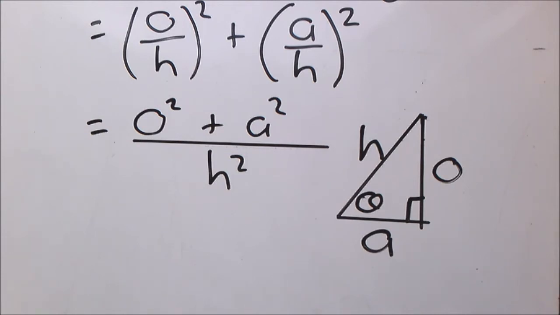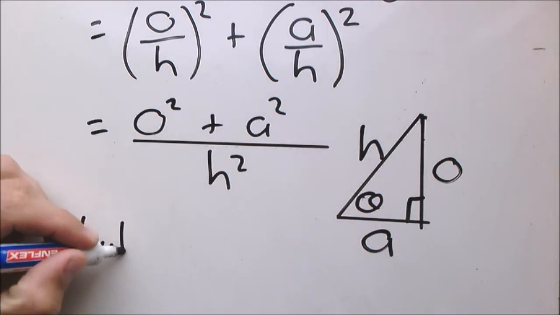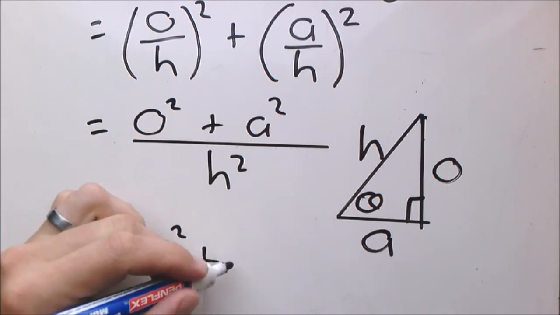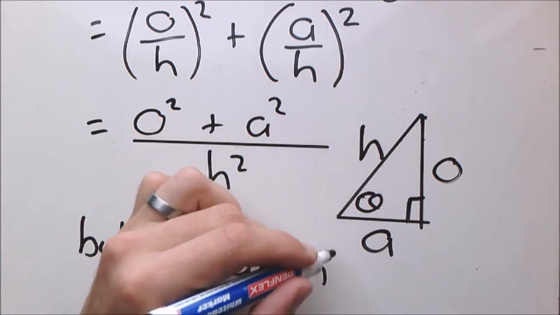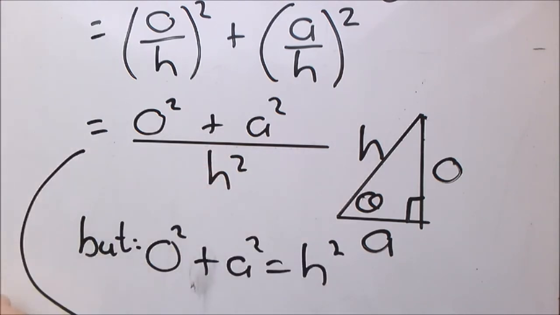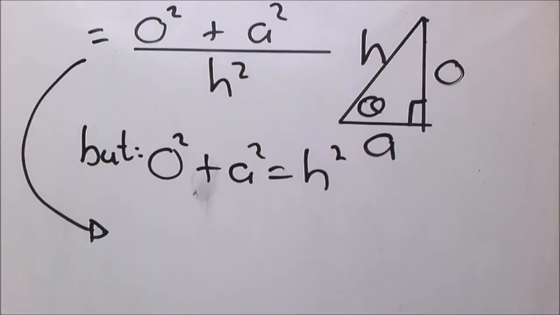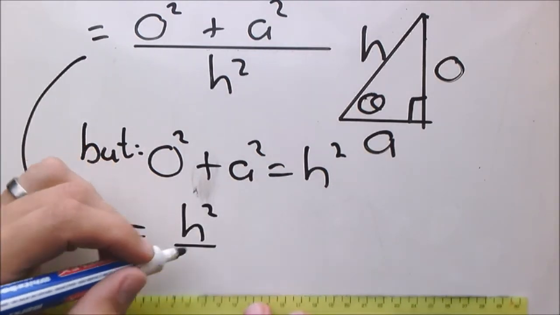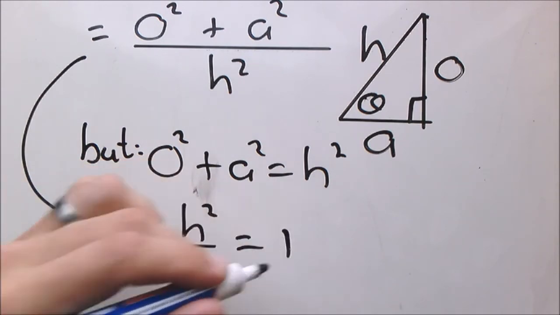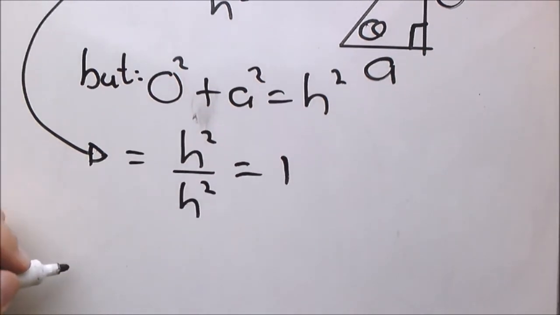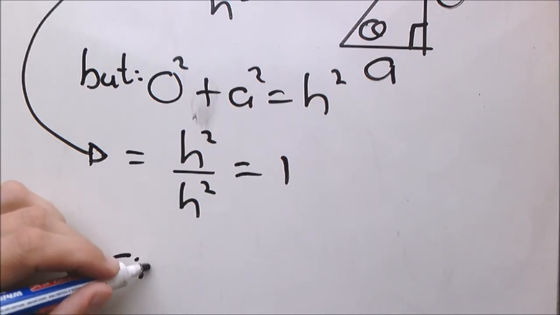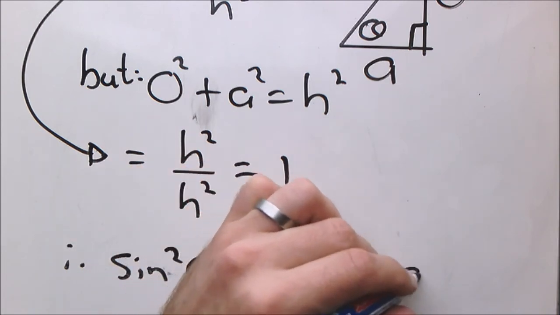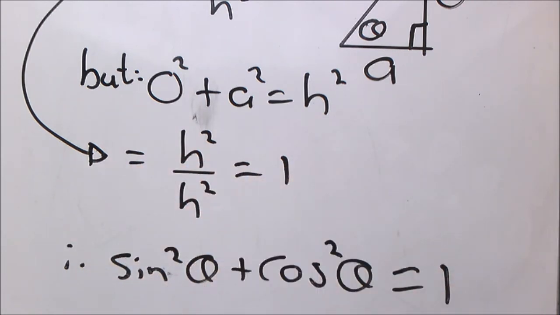So by using Pythagoras, we can say opposite square plus adjacent square equals hypotenuse square. Therefore, it will be equal to h squared divided by h squared, which is equal to 1. That then means sine squared theta plus cos squared theta equals 1. And those are the two identities that's relevant for